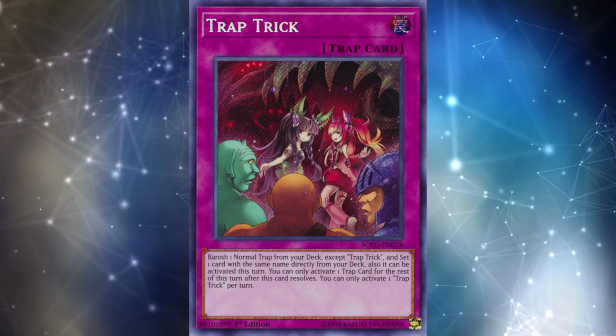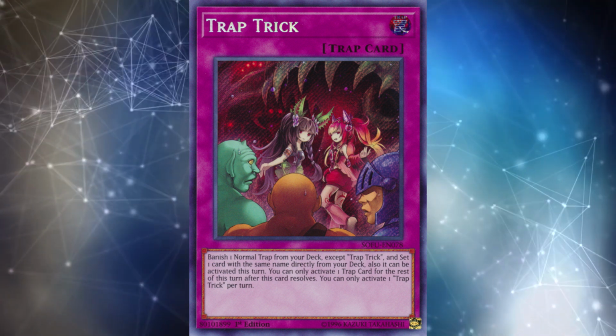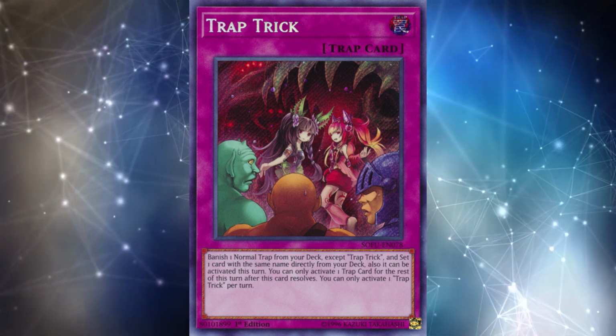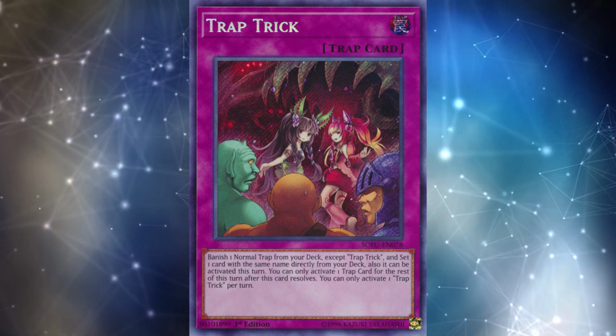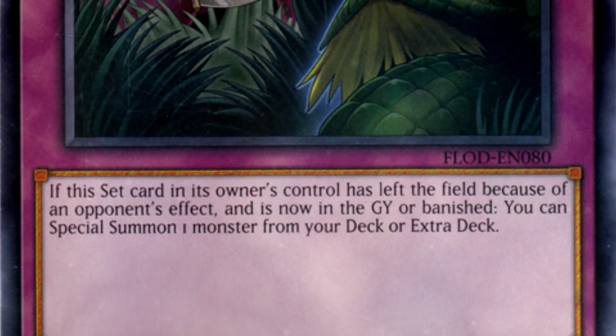While that might not be applicable for every single deck because Trap Trick isn't the most popular card right now, if you're playing a deck like Paleozoics, which is already likely playing Trap Trick, this seems like an automatic include for your side deck. The main downside of this card though is that it just sits there unless your opponent does something,